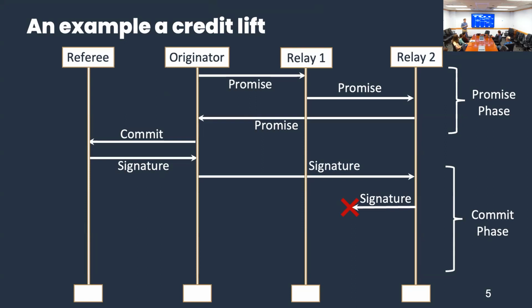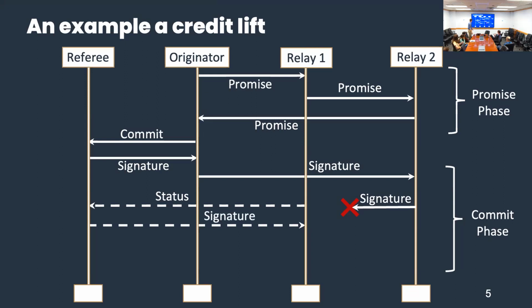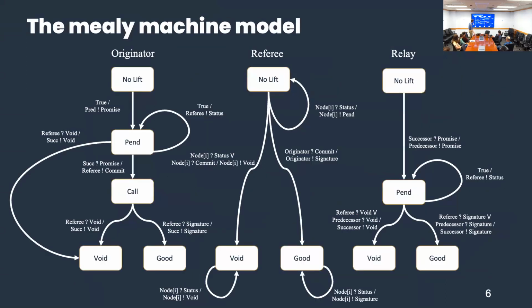Yeah, so relay 1 never receives this signature. So it's left in an uncompleted state, and according to its own clock, it thinks it should have been finished by now. It's past the timestamp. So what relay 1 is going to do is reach out to the referee and say, hey, what is the status of this lift? And the referee will look at its records, say, oh, yes, I remember this lift. I provided a signature before, and it's going to reply with a signature for relay 1. And this way, despite the failure in relay 2, relay 1 is able to know that the lift is committed. And you can see from this that we achieve consensus between the active nodes here, despite failures occurring. So that's kind of an example that gets you a feel for how this algorithm works,